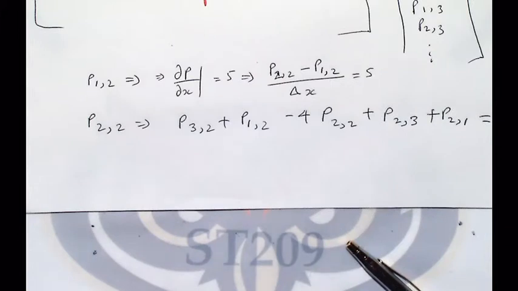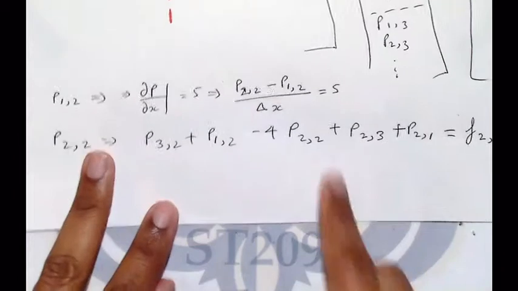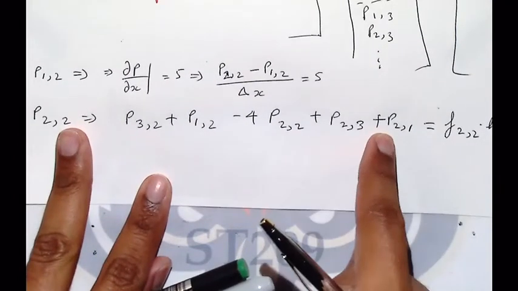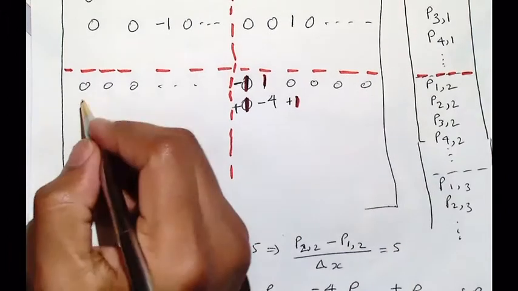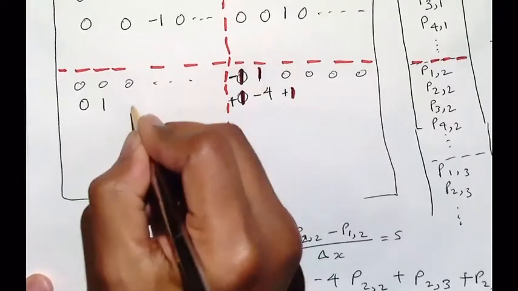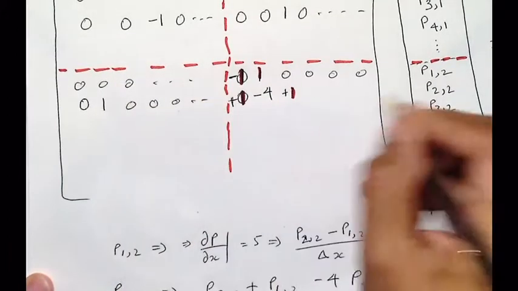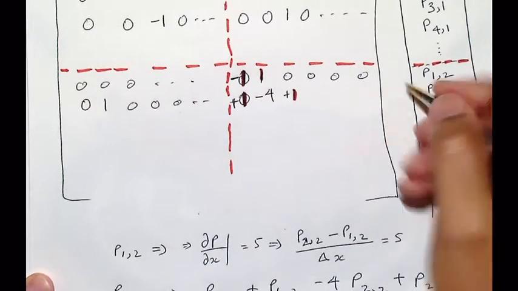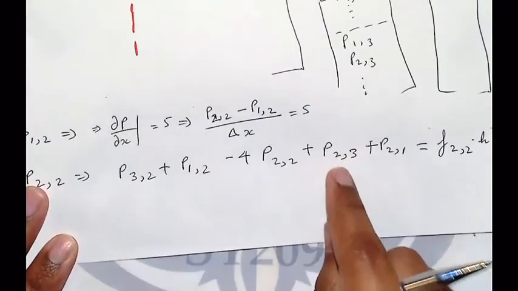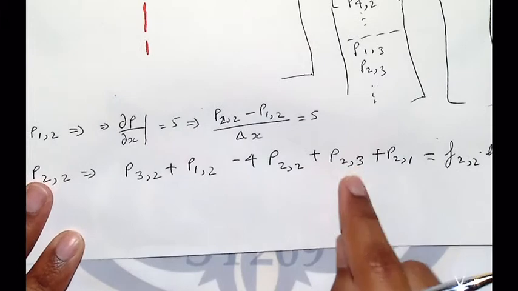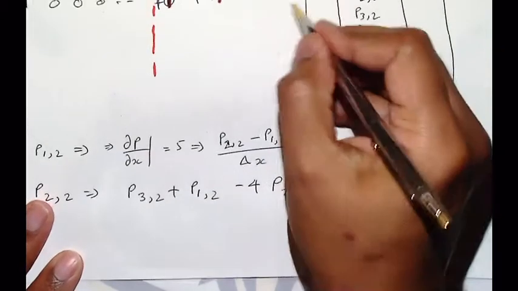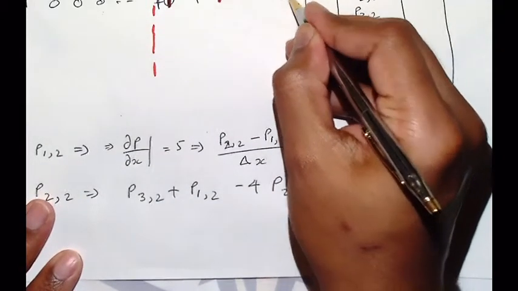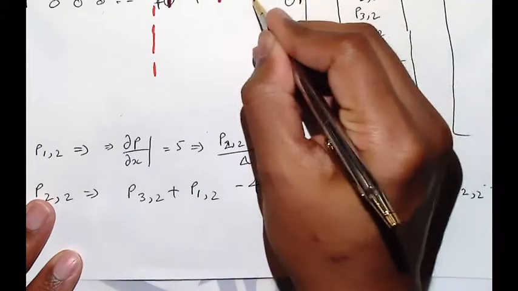Okay, we have 3 diagonals and there will be 2 more coming from up and down. So let's see what's remaining. 2 comma 1, 2 comma 1 comes from over here. So we have a 0, 1, and 0, 0, 0. And there will be 1 more plus 1 on the right hand side because of this 2 comma 3. So this one. Okay. 0, 0, 0, 0, comma somewhere over here.